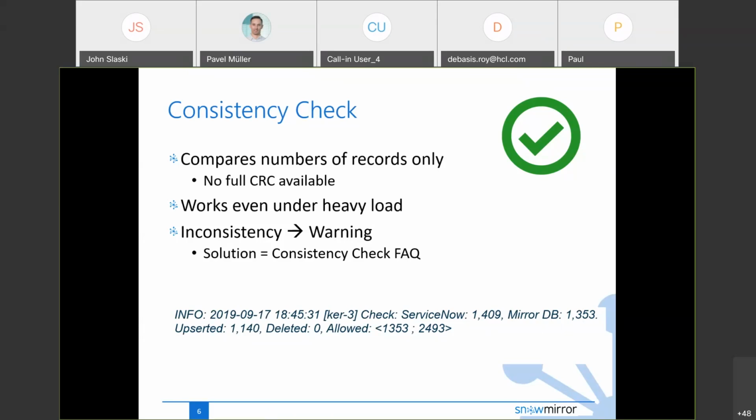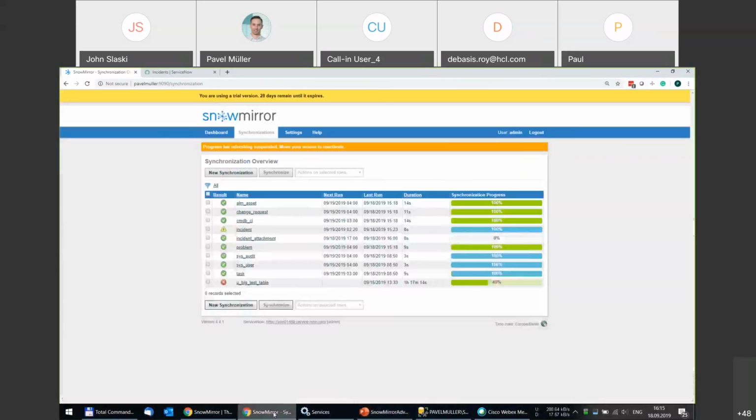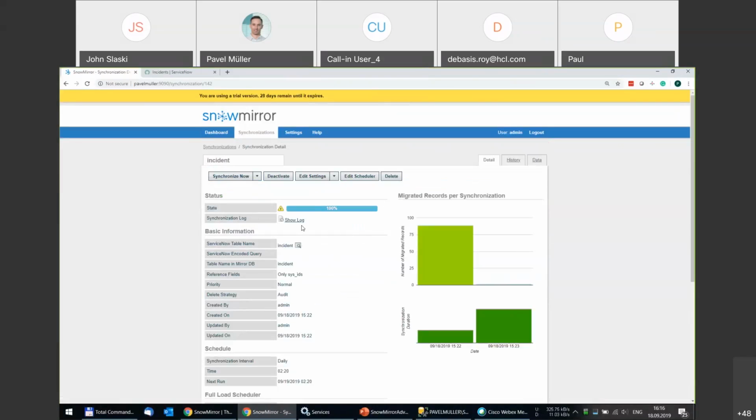So, to understand, let me show you how it looks in the application itself. I will now switch to SnowMirror, and as you can see, there is a warning on the incident table. If you want to resolve such a consistency check warning, log,